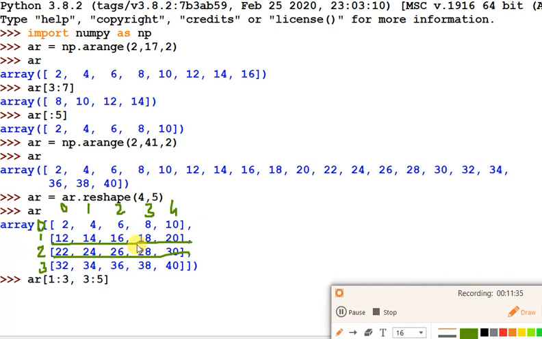So these two rows are selected, and 3 to 4 means these columns. Only on the extracted rows will these columns apply. So these 4 values, 18, 20, 28, 30, will be extracted.